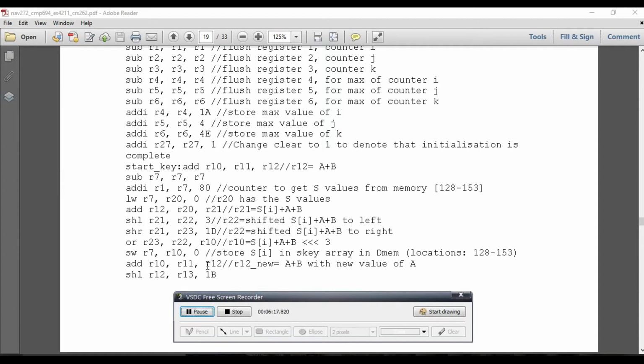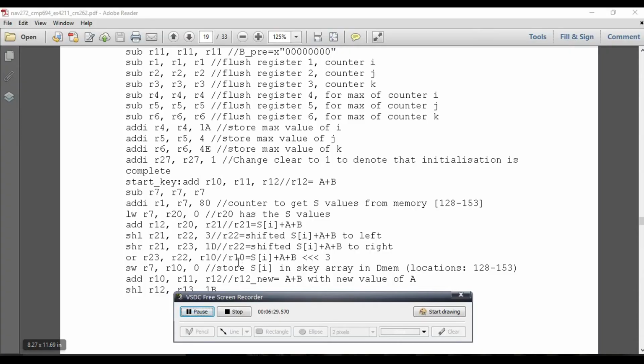That is, we use A and not B plus B and not A. The other problem that we faced was, instead of the rotate operation, we were given the shift operation. So we cannot directly rotate the bits that we want, and so it was a bit difficult, but we cracked it.